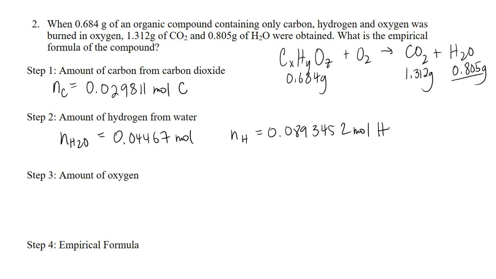I'm going to write it clearly so that I can see it in future steps. Now, I was able to figure out the carbon directly from the carbon dioxide because all the carbon went into this compound, all the hydrogen went into this compound. For the oxygen, its location is not really known, so I can't really say that all of this oxygen is from the compound, because remember, we also added a lot of oxygen to this. Okay, so we could figure out this oxygen and then kind of work backwards to figure out the total oxygen over here. But because we have the mass of the original compound, the simplest way to figure out the oxygen is to look at the fact that the mass of the compound